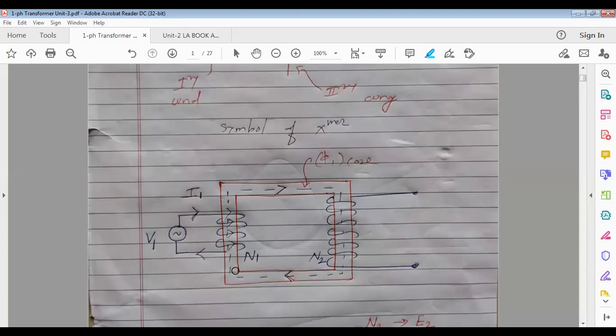Now here, an AC voltage you have applied, AC current is flowing through the primary winding of N1 number of turns. It will produce a magnetic field, and this changing magnetic field will flow through the magnetic core in a clockwise direction, isn't it? Now this changing magnetic field, is it coming in contact with N2 number of turns? Primary and secondary windings are both wound on the core, and now flux is flowing through the core. So can we say this changing flux is coming in contact with the secondary turns?